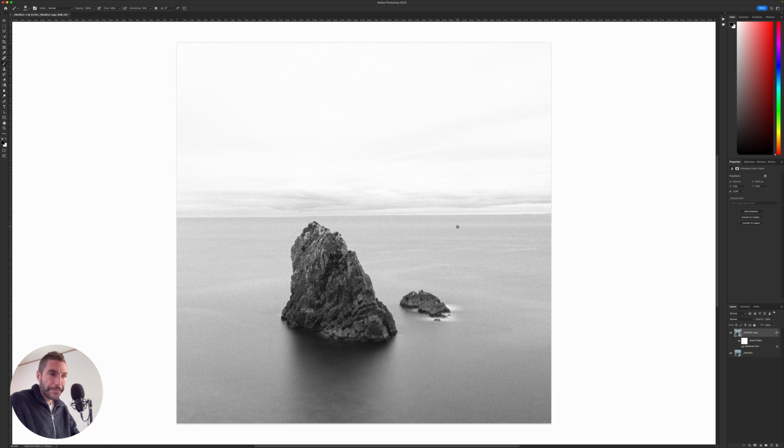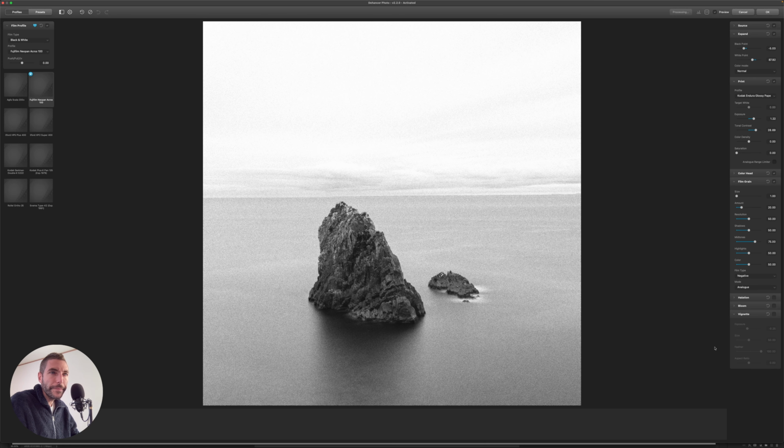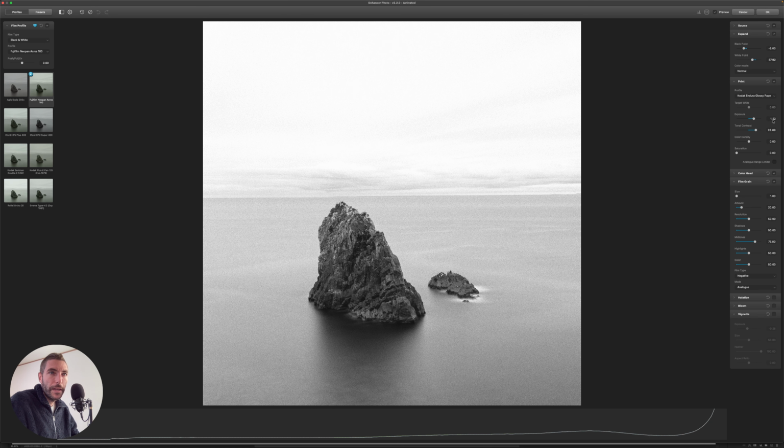So that's it. And now let's say I think I did something wrong in this image and maybe it's too bright, which it is actually. If I was in Lightroom, there won't be any way to revert this. I would need to re-edit the image from scratch. But since this is a smart object, what I need to do is just to go here and double click on the enhancer film, and then I can change these options.